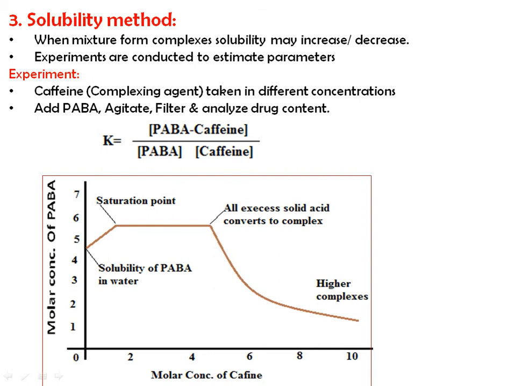So this diagram is the phase solubility diagram, and with the help of this diagram we can determine the interaction of your drug and complexing agent. Then the fourth method, that is the pH titration method. In this pH titration method,